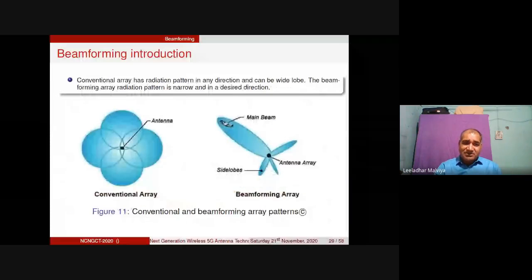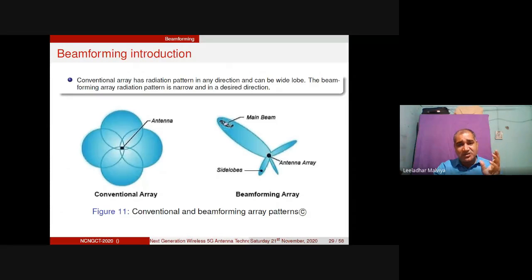So now look at this beamforming, how the beamforming can be done and how this is possible. If you look at the conventional array, definitely the conventional array will have the omnidirectional radiation pattern, right? And that is not capable of covering a particular direction, but all the directions are covered with the help of such conventional arrays, right? So if you look at the beamforming array, you can find here, yes, the main beam can be concentrated in a particular direction, and the side lobe levels as well as the back lobe levels can be controlled. So this is the beauty of beamforming array antennas.